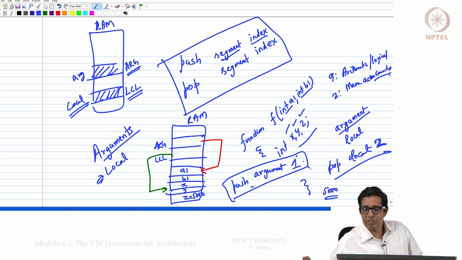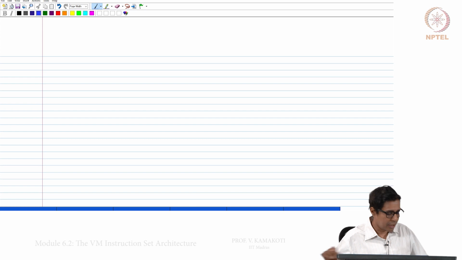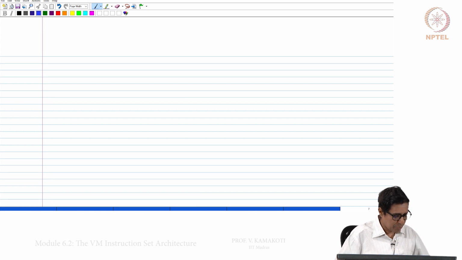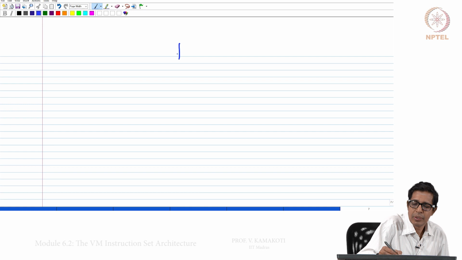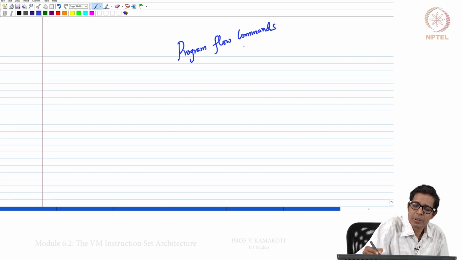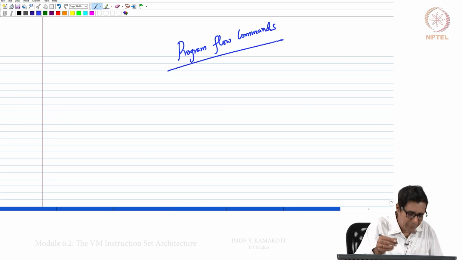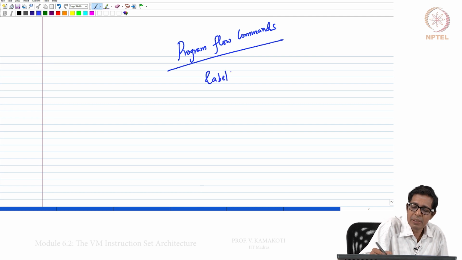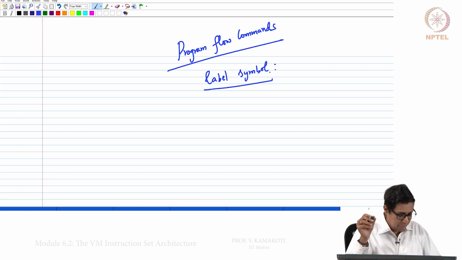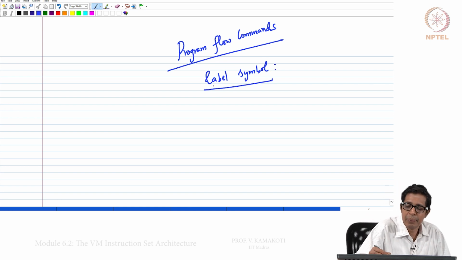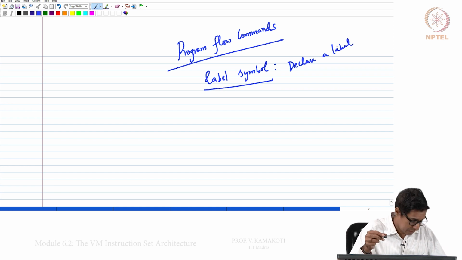Then the next type of instruction that we are going to introduce are program flow commands, and they are very straightforward. The program flow commands are: label symbol, where label is a keyword and this declares a label, right.